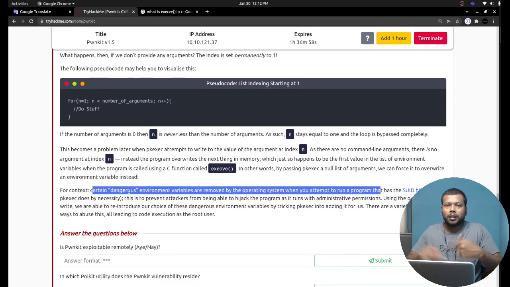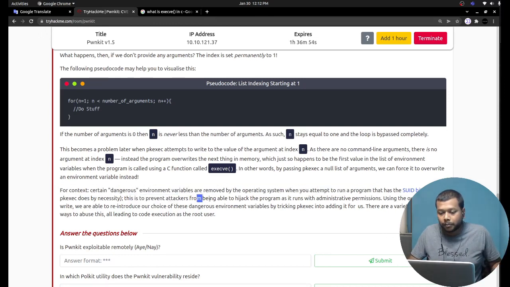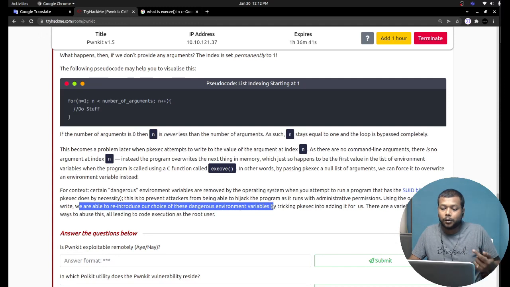So it will do some manipulation in the environment variables. This is to prevent attackers from being able to hijack the program as it runs with administrative permissions. Using the out of bound write, we are able to reintroduce our choice of these dangerous environment variables by tricking pkexec into adding them. So this is a variety of different ways to abuse it, all leading to code execution